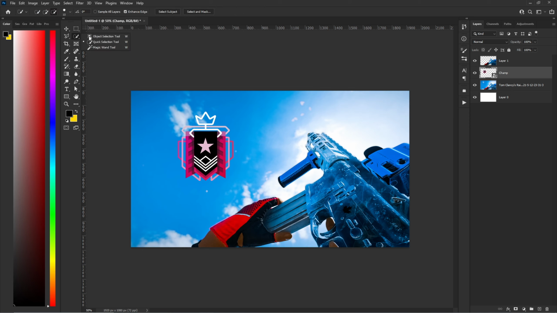Next thing we're going to do is come here, open up Object Select, and select the star. The star is the same color as this. I don't like how that looks personally, so I'll be doing this. Control-J, duplicate the star. So once you have this dragged in and you've separated the star, click on the champion